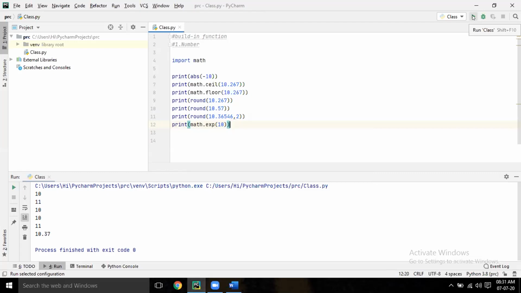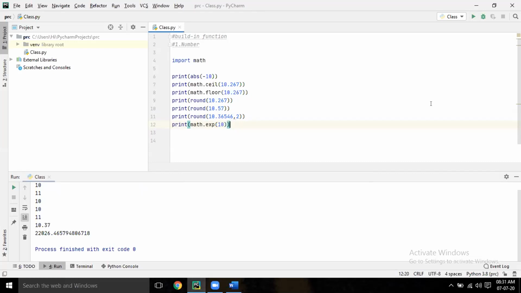Many other things may not be required, but you can go through them in detail. These number functions will be needed if you are in, say, a banking or insurance project. So math.exp 10 means e to the power 10. It will give the value of e to the power 10.